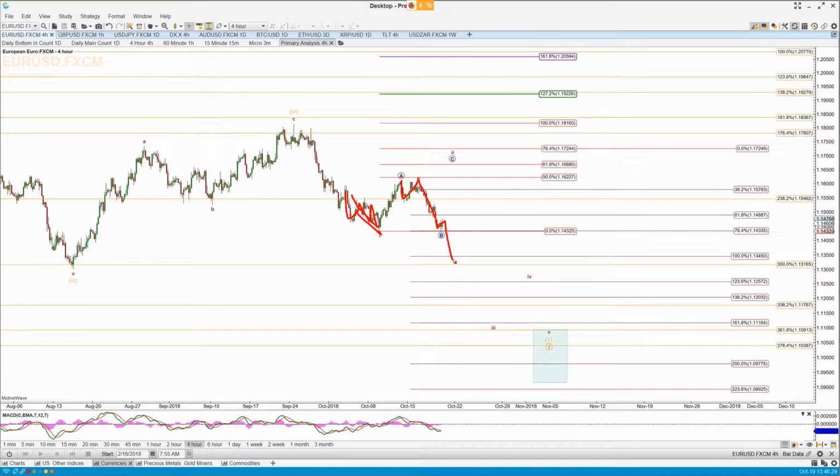The shorter time frame patterns in the euro are tricky here, based on this last part of the move. But we can be in a 1, 2, 3. We get a 4, 5, and as long as we take this low out, that would satisfy the count for